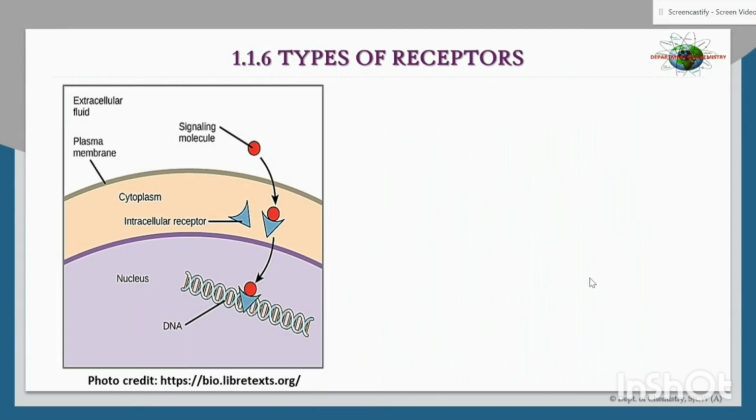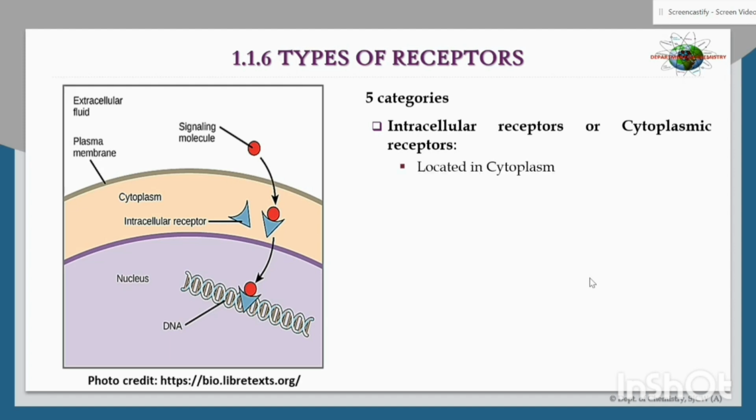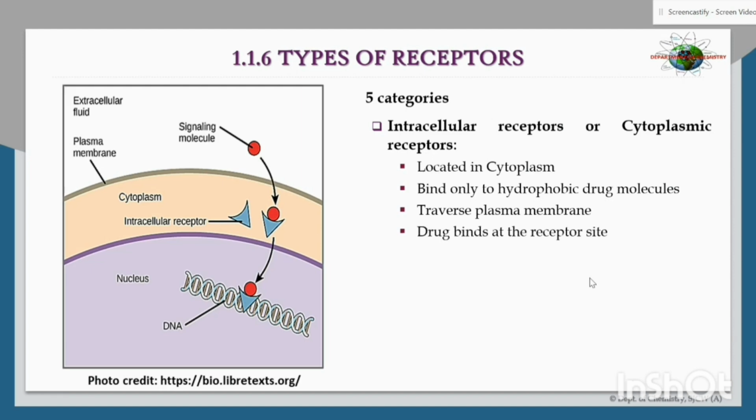Types of receptors. Receptors are broadly classified into 5 categories. The first among them is intracellular receptors or cytoplasmic receptors. Cytoplasmic receptors, as the name itself indicates, are located in the cytoplasm. So, only those drugs that can travel through the cell membrane or the plasma membrane can interact with these receptors. So the drugs have to be hydrophobic, and they should traverse the plasma membrane and get bound to the receptor site that is present on the cytoplasmic